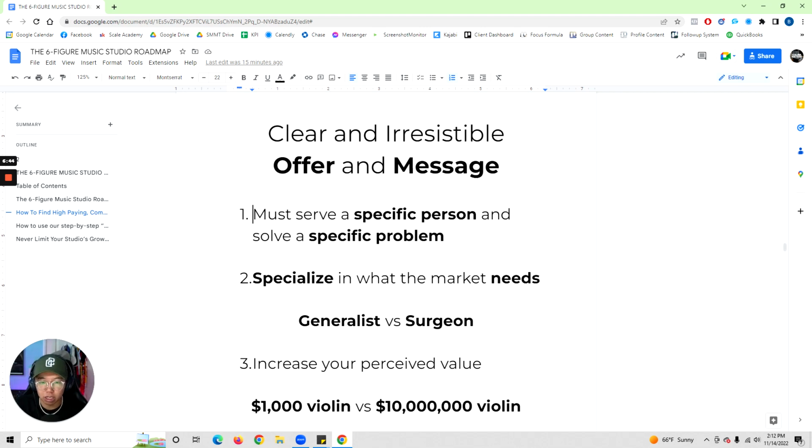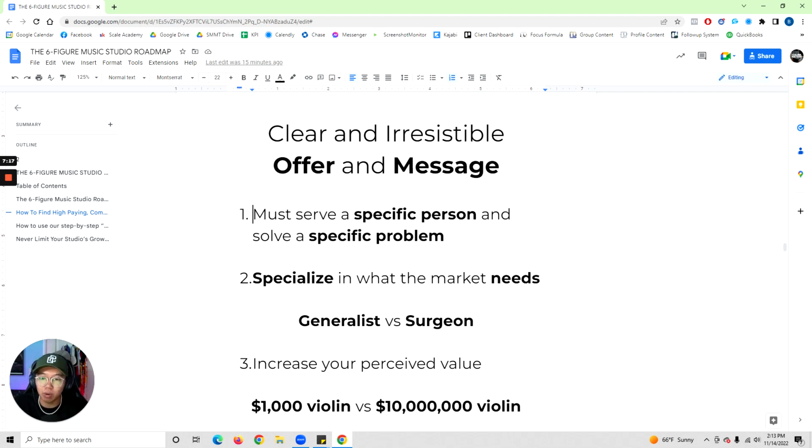When you're able to specialize in, hey, I work with a specific type of musician, and I solve a specific problem that they're facing, if the person you're talking to matches up with that specific avatar or niche and has that problem, they're going to see you as a specialist in that. It makes sense. People like that are more willing to pay more to solve that problem, because they know,